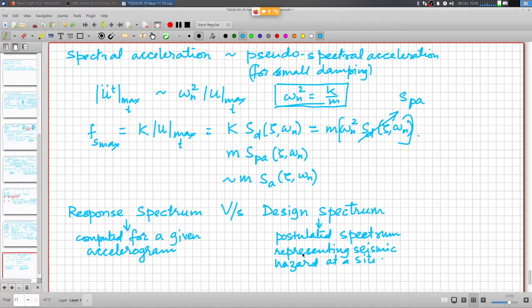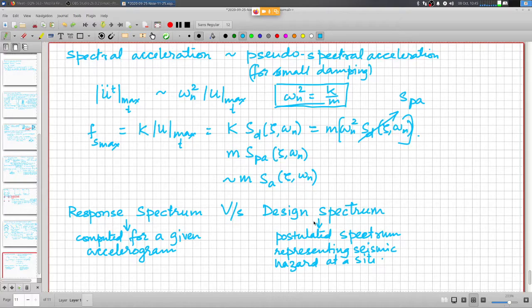Now there are different characteristics, different frequency composition for these depending on earthquake magnitude and wave propagation characteristics. So you need to account for all of that, and that is why design spectrum, the important thing to note here is, design spectrum does not correspond to any specific earthquake or any specific real accelerogram, right? It is a combined representation of the seismic hazard at a site.